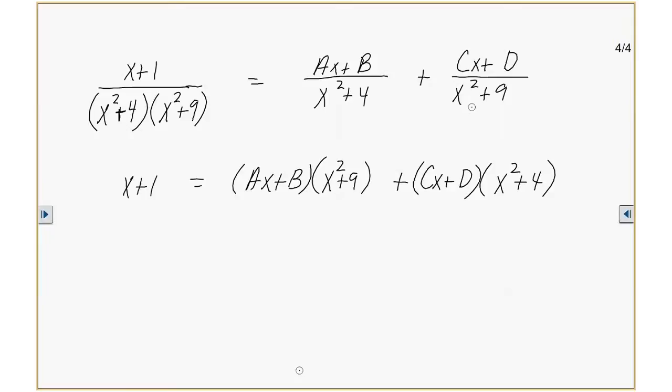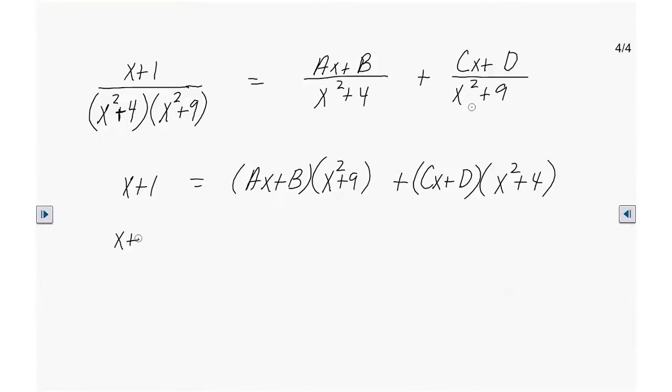FOIL. Okay, I heard somebody say something. Say it again. FOIL. Did y'all understand that? I think he said foil. Foil. I wanted him to say that. It's F-O-I-L. And you get x plus 1 is equal to